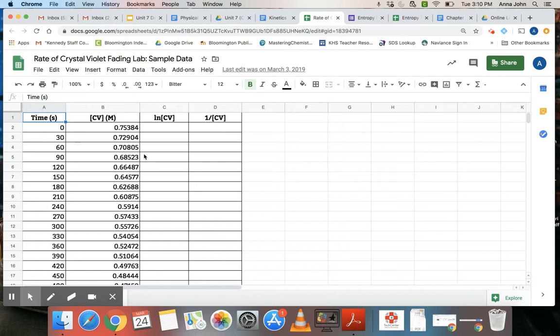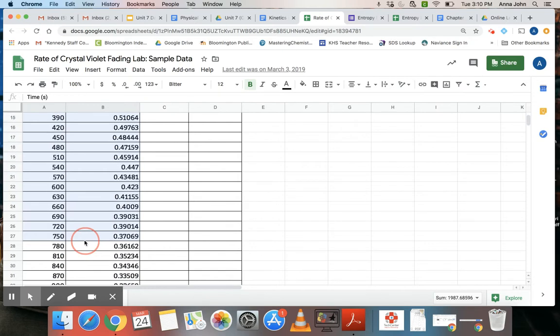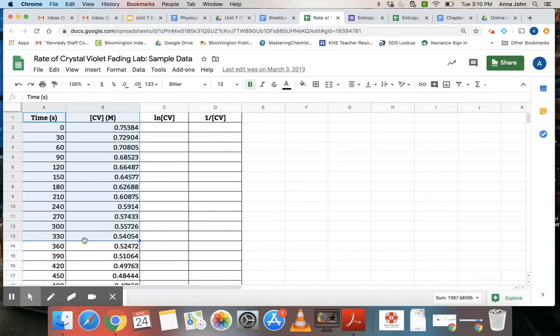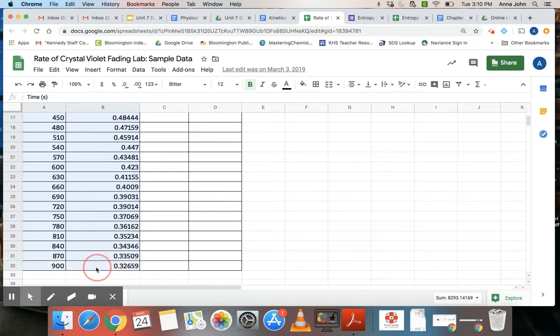So in order to insert a graph, you're going to choose your X and your Y data, and you do want to include the titles. So I'm going to highlight my time, my concentration, and I'm going to go all the way down to the bottom. You don't want to include any blank spots. Sorry, I don't know why it didn't pull it all the way. There we go. So once you have your data highlighted, you're going to click Insert,